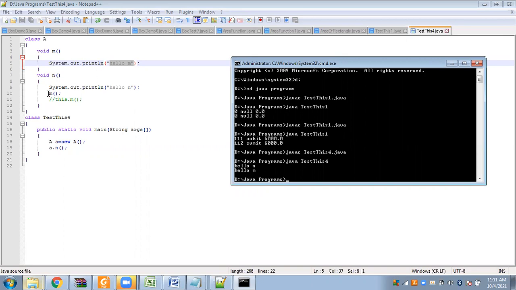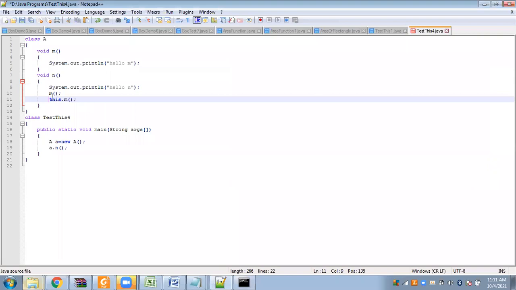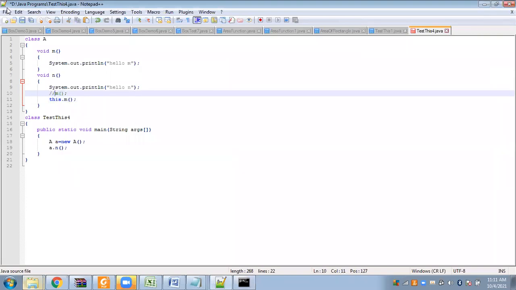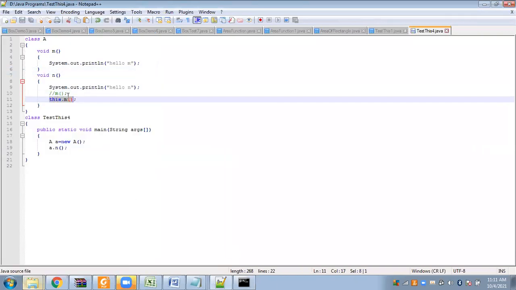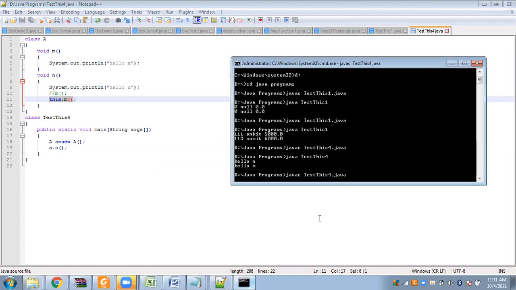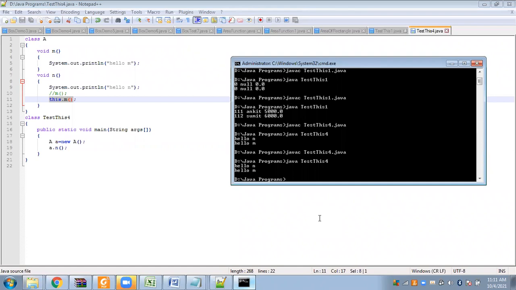So whether you use this statement or that statement, both are the same. Now suppose I have just replaced this statement with the this keyword. Let's check again the same program. See, the output is the same. As I told you, when you are invoking a method of a particular class, whether or not you write the this keyword, if you have specified it, the compiler has nothing to do. But if you have not used the this keyword, the compiler will by default place a this keyword in front of the method, and then it will do its job. So this is what it is.